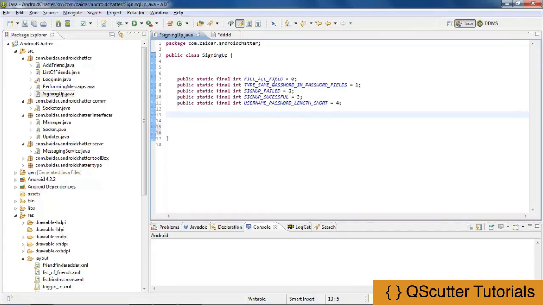So what would happen if, for example, the user leaves any one of the fields in the sign up process, then it will appear that you should fill all the fields. If the user fails in the sign up process, then the sign up failed message would appear, and so on. I'll press enter. I'm going to create two variables, public static final string,